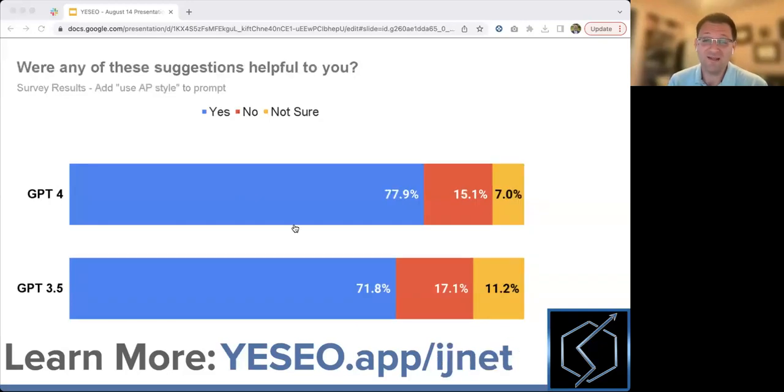It was: add AP style. That was basically it. I just wanted to say, use AP style, and let's see if this works, not knowing what it knows about AP style, but just adding, try to use AP style. Some folks at the AP will tell you that it doesn't exactly know AP style. But